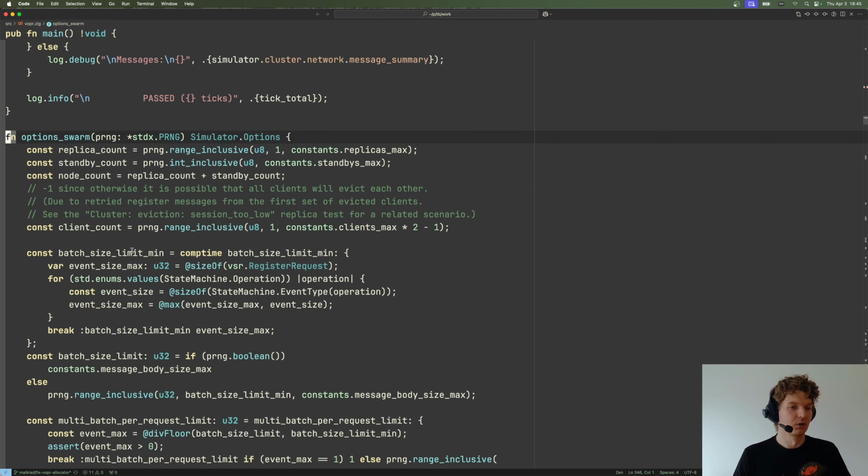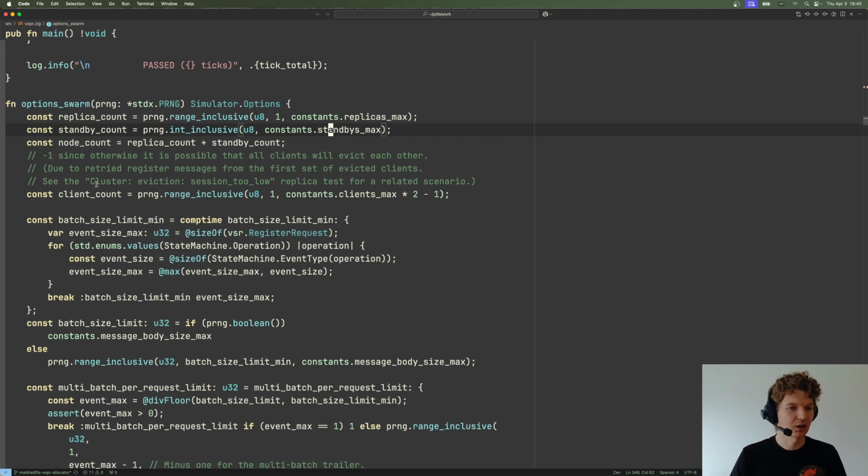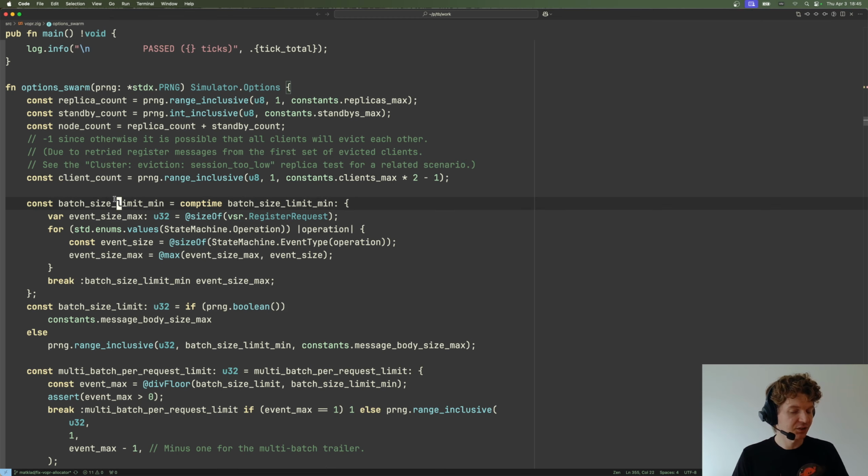Okay, so we have up to max replicas replicas. We have up to max standbys standbys. As a reminder, standbys are nodes which do not participate in consensus, but which still get all the data out of the cluster. Okay, we have clients. We have